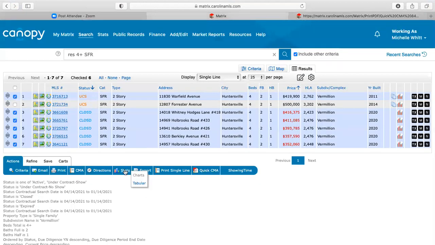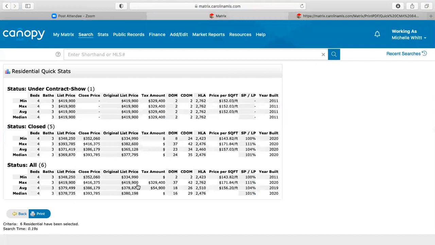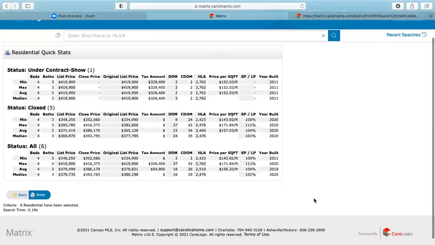But what I want to do is go to stats for myself and then go to tabular. And this shows the same thing, but looks a little bit cleaner. And so we can see here that our under contract is listed at $152 per square foot. Obviously, we're not going to know what that sales price was until after it sells. But when we look at our closed, we always want to take note of this average. I don't really pay attention to the min and max. I just do the average. So here our average price per square foot sold was $157.03,